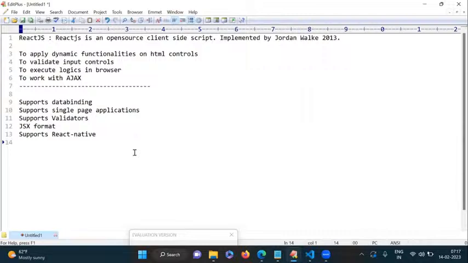So React Native is one technology we are using to implement mobile applications. So what is the benefit of React Native? If you develop any mobile application using React Native, it supports any type of device. Like we can run that application on an Android phone, iPhone,